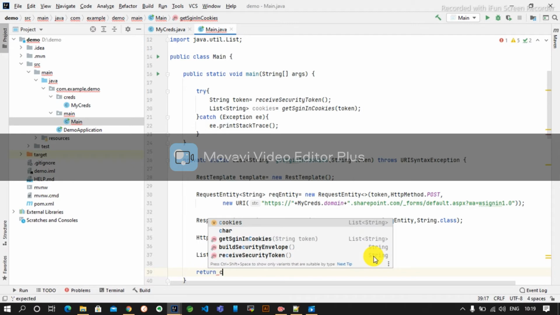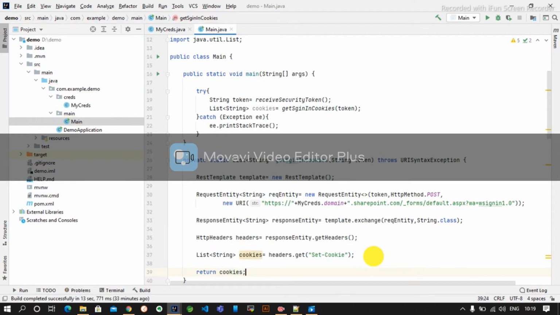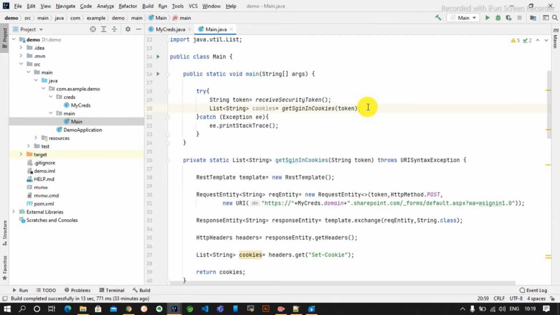Then return cookies. So finally we have completed our second step, that is, getting the sign-in cookies. Now we will do the third step, that is, getting the form digest value by passing the cookies itself.